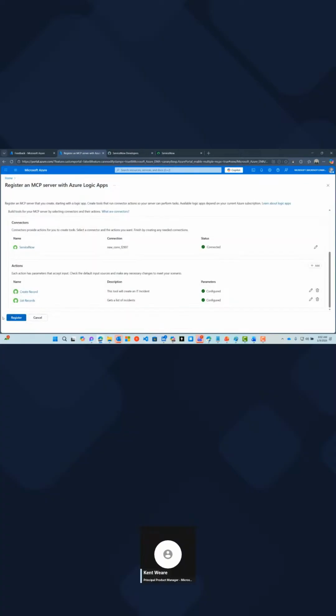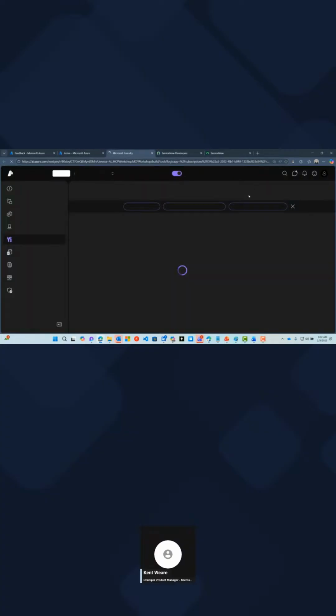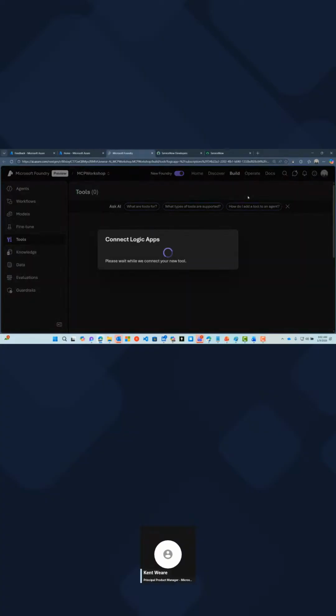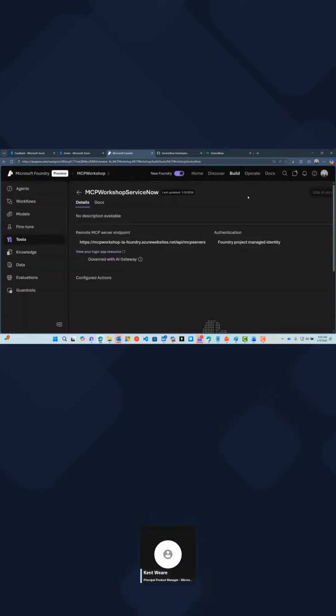Now we're ready to register. And so we can go ahead and do that right now. Now, one tip is that if you run through this, you might get prompted for a pop-up block. So look for that icon here in this top right-hand corner, because you should be redirected back here. If you're not redirected back here, you probably have a pop-up block. And so you want to make sure that that is enabled, because we're now back inside of Foundry.